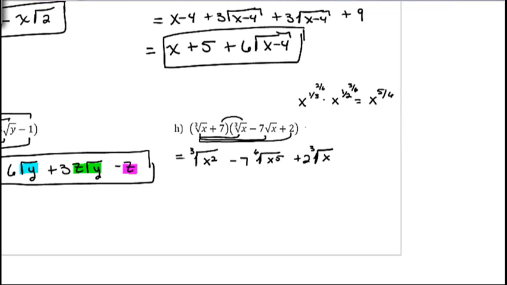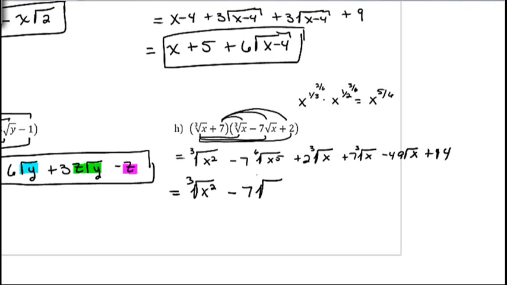Now multiply all of these by 7, so we have plus 7 times the cubed root of x, and negative 49 square root of x, and then 7 times 2 is 14. Okay, so we have cubed root of x squared, and it's the only cubed root of x squared term I have, minus 7 sixth root of x to the fifth, and that's the only sixth root of x to the fifth